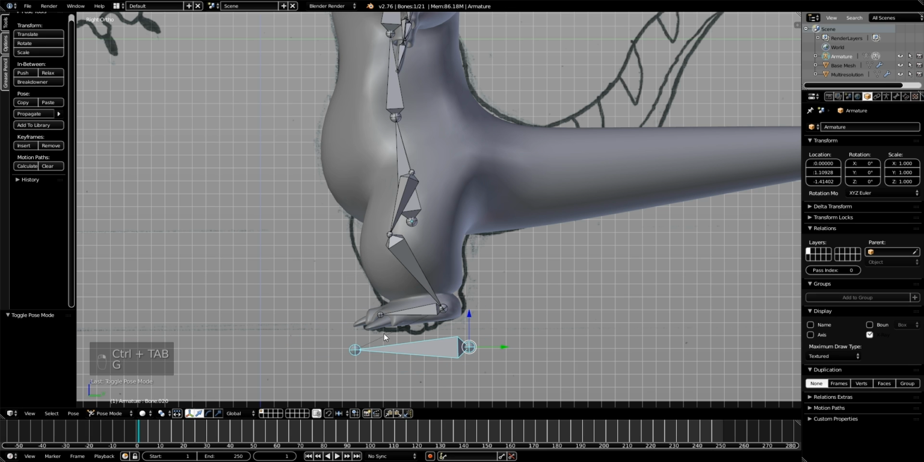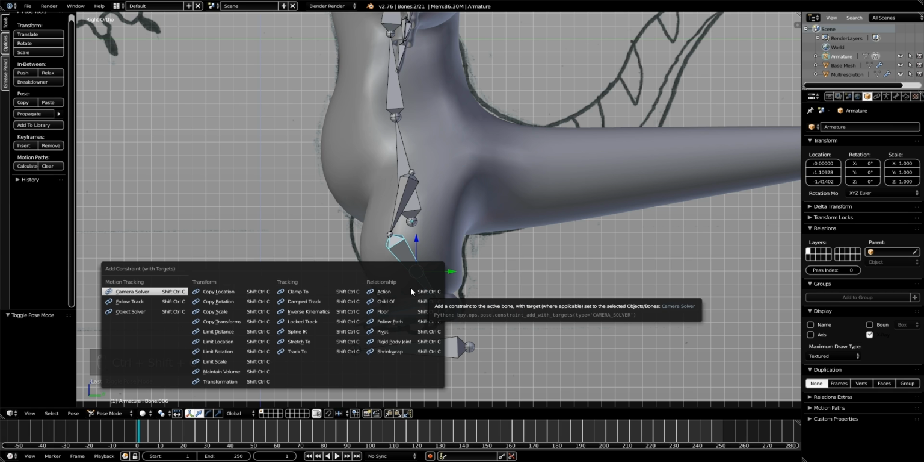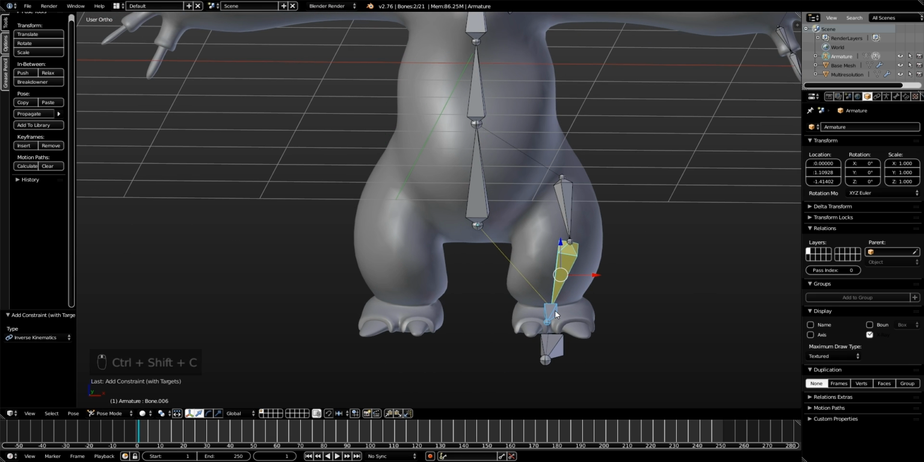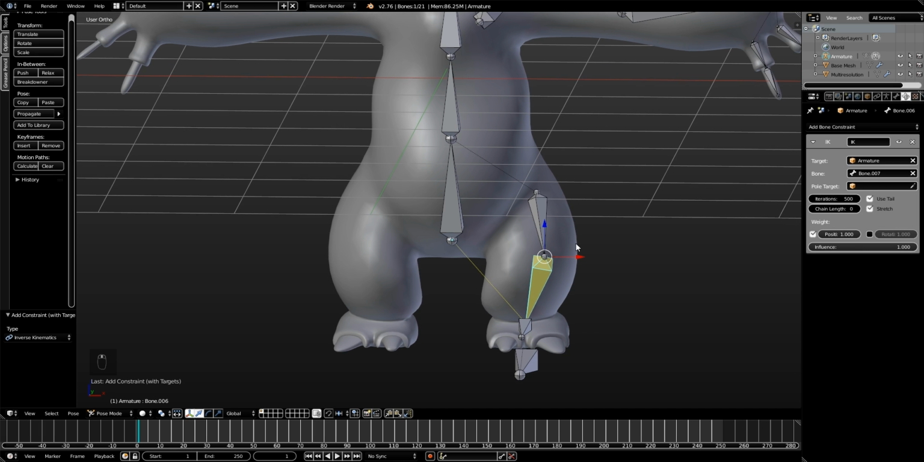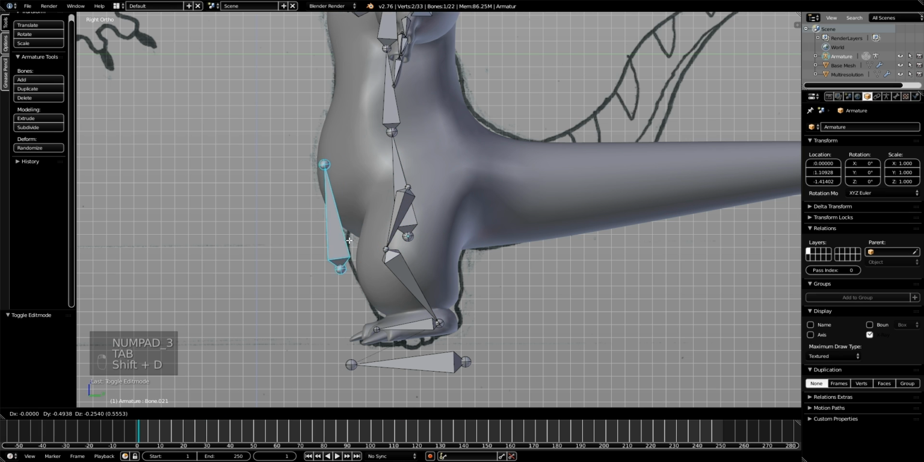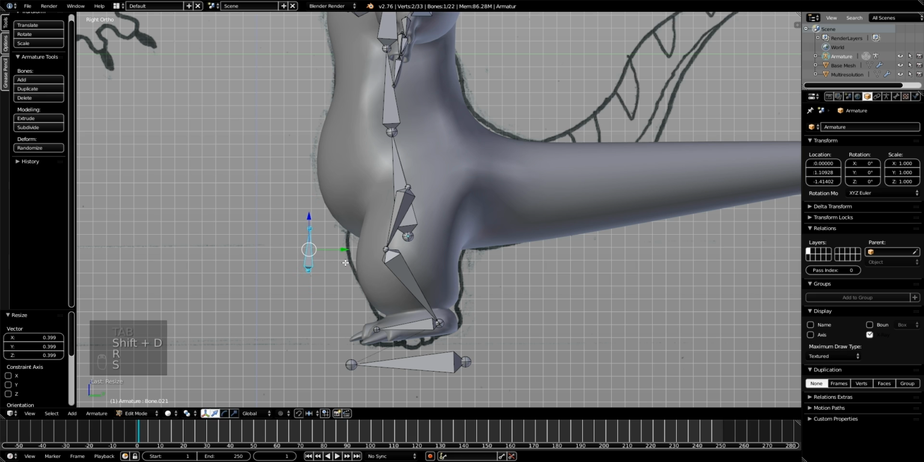So this bone will be parented to this bone, so when this bone moves around, this bone is moving around with it. And now we need to select this bone and this, Ctrl Shift C, inverse kinematics. And now in the inverse kinematic tab, we need to add one more bone, which will be our knee bone, and parent it to this bone